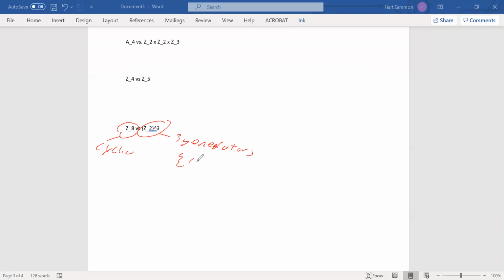The most natural ones are (0, 0, 1), (0, 1, 0), and (1, 0, 0). You can pick different generators, but these are the most natural ones to go with. Just like this guy, you could pick 7 instead of 1, but